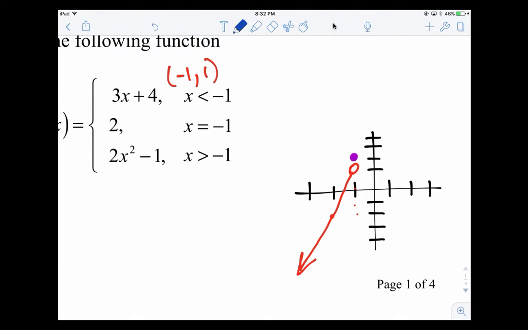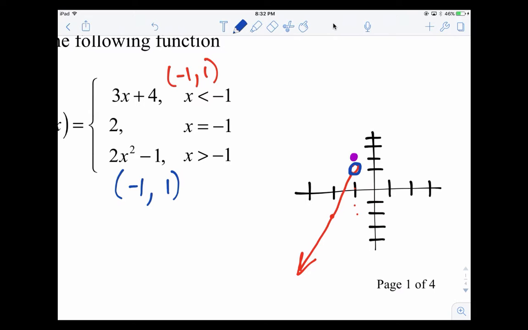And then the last one is 2x squared minus 1, x is greater than negative 1. So if you plug in negative 1 into that function, you get 2 minus 1, which is 1. So again, you're going to have an open circle there at negative 1, positive 1. Now to the right of that point, it has to look like 2x squared minus 1, which is a quadratic